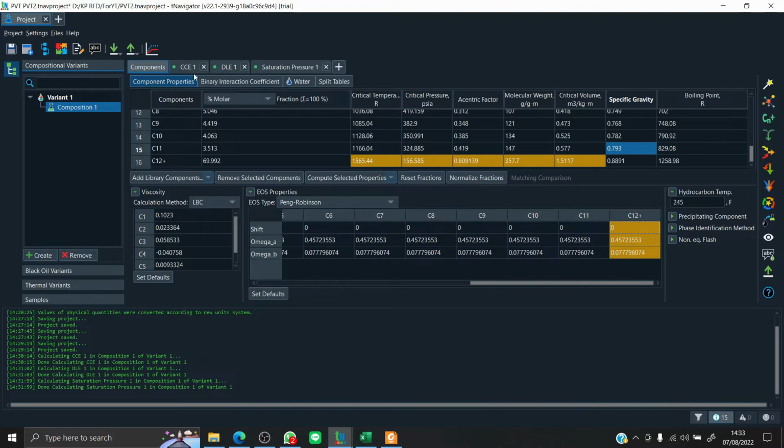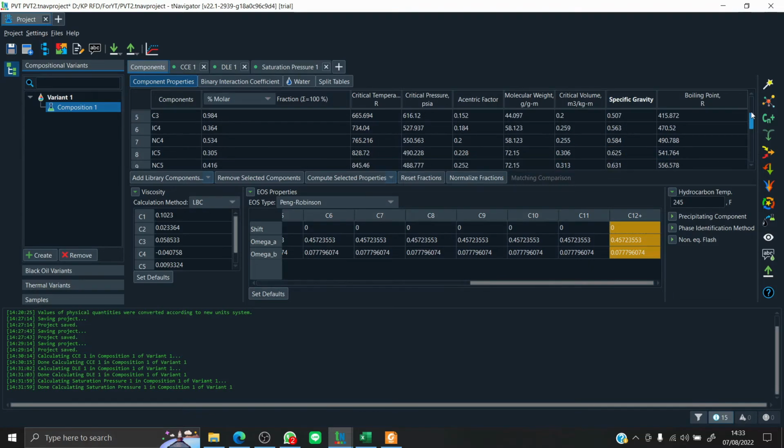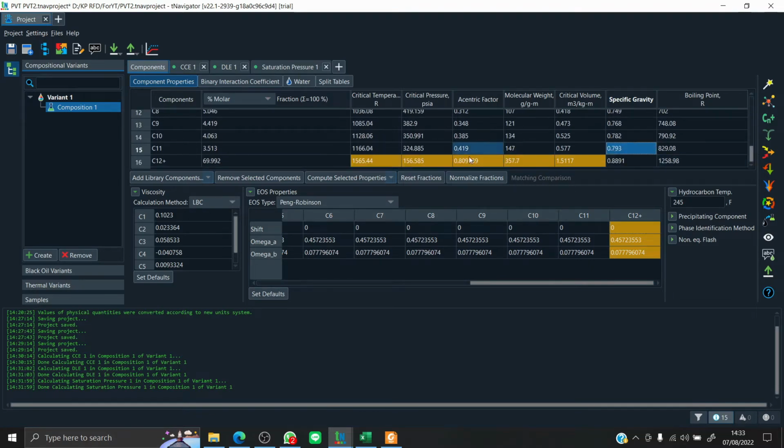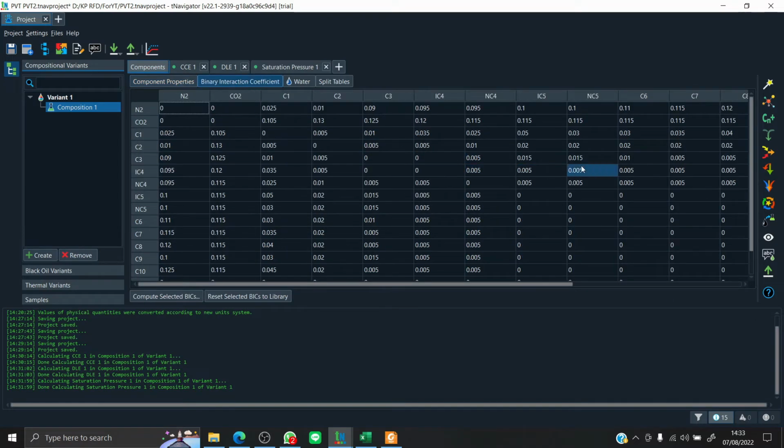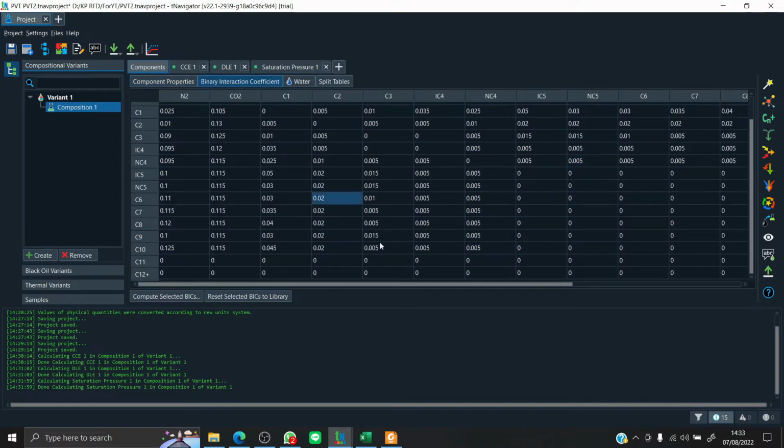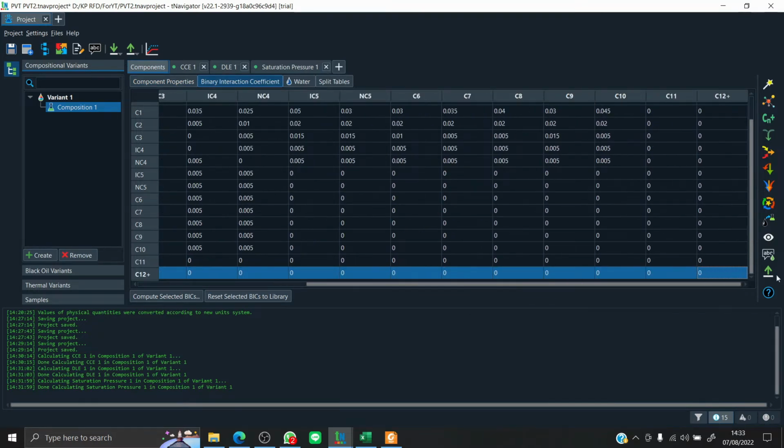So, I haven't known the best methods of matching yet, but from my knowledge, we can change the uncertain variables, which are our pseudo components. Then the binary interaction or BI coefficients can also be changed. You can change all of them or only the Dodecane plus.